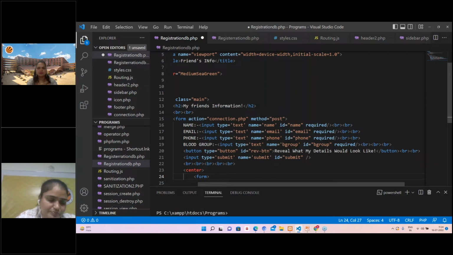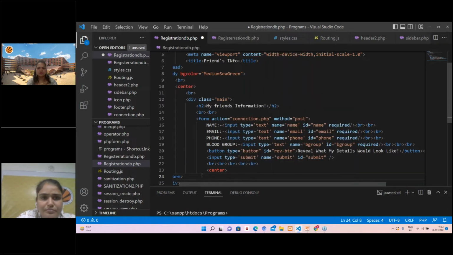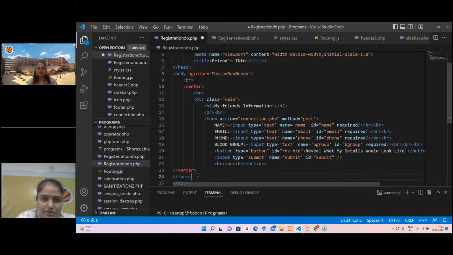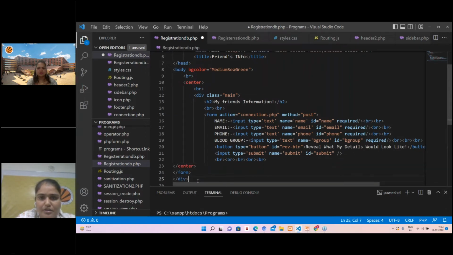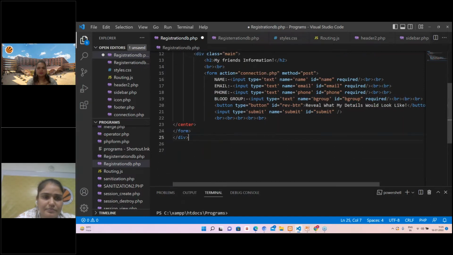form. Here, I have just started this form. Here, I will be closing this form. As we have started this center, here I will be closing this center. The next thing is,